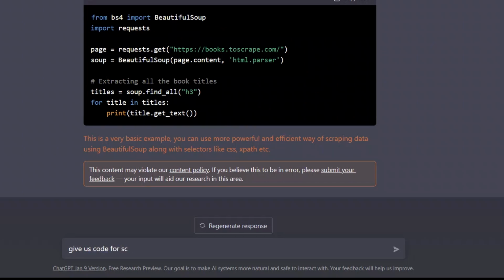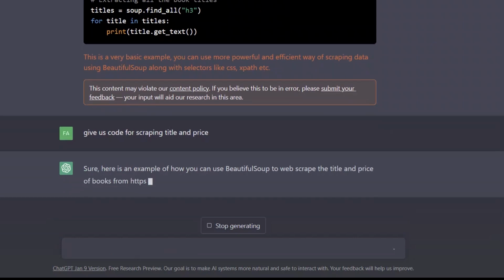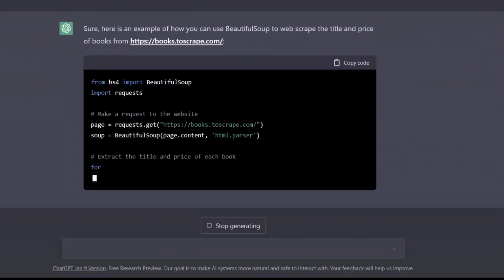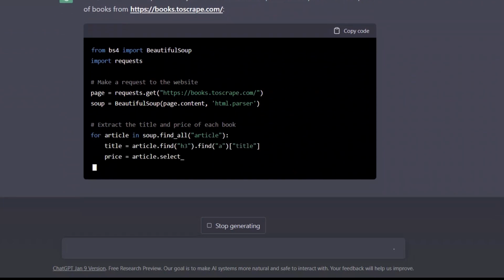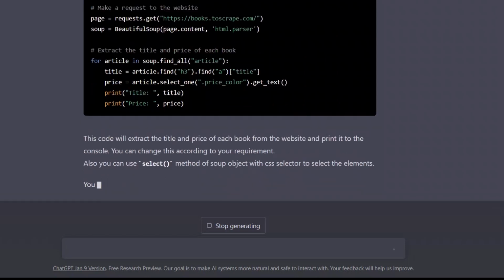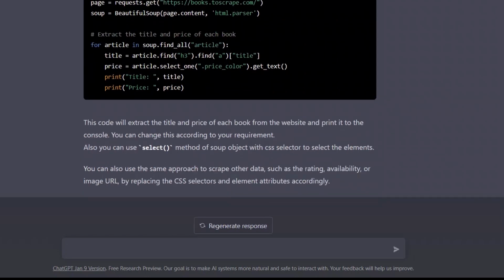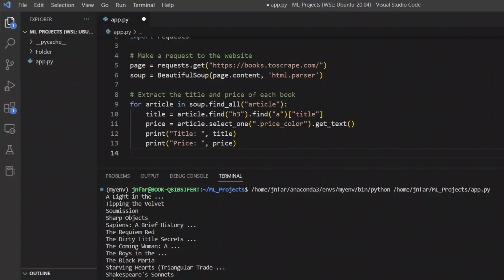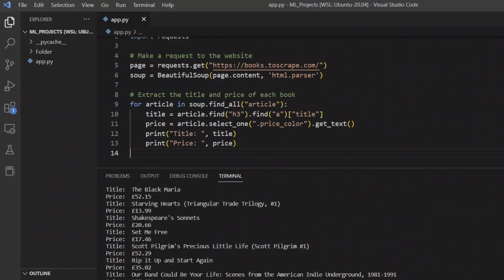So we can ask ChatGPT to give us code to scrape both titles and price. So based on our request, ChatGPT updates the code to scrape both the title as well as the price of each book. Once the code is complete, we can again copy the code and paste it in Visual Studio Code. If we run the code, now you will notice that we have both the title as well as the price